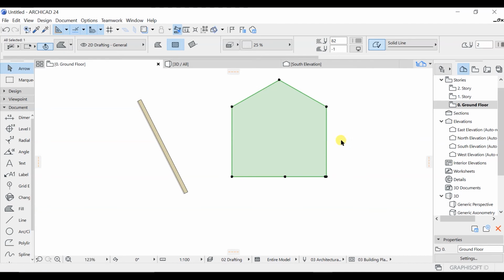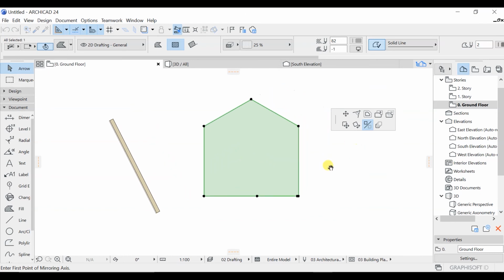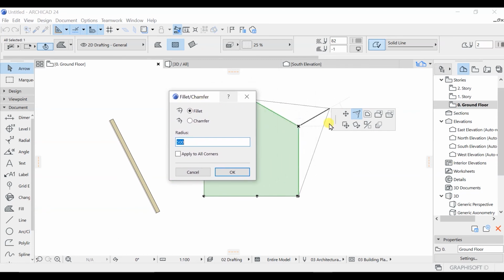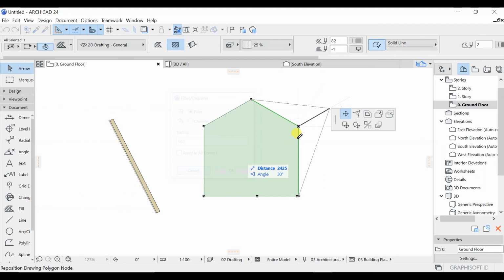So I have shown you whatever these things are for these lines. Okay, now what I will do is I will click on these nodes and let me show you what will happen. If I click on this node, you will see that the palette has a different option than these walls, as you can see from here as well. So you can just move this node. Okay, you can move this node. You can just chamfer this edge here as well by some radius. Let me cancel that one.